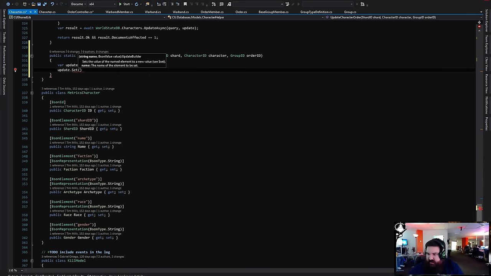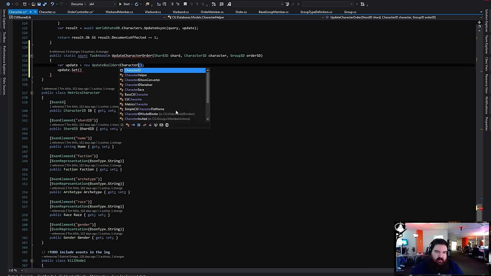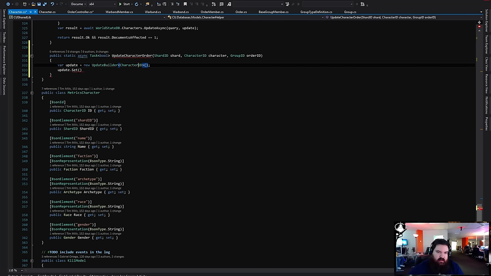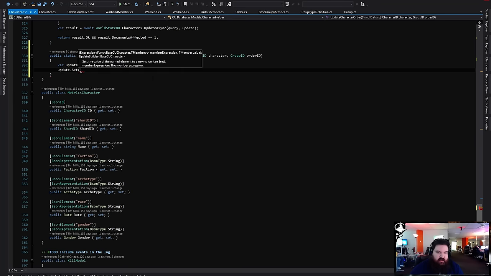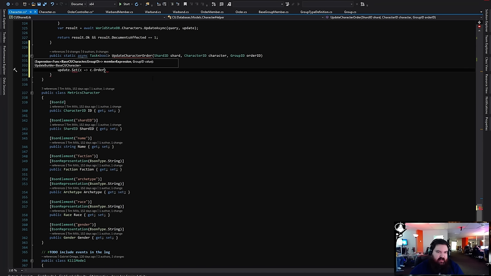Can I do this with that? Does it do a generic version? I don't want character ID. Okay, so I should be able to do, there we go. It's better to do it this way so that if the name changes, it doesn't mess anything up. So you can just use a function.